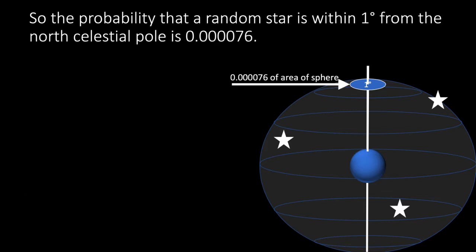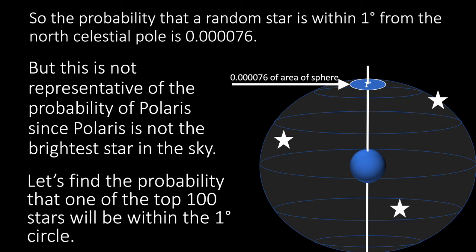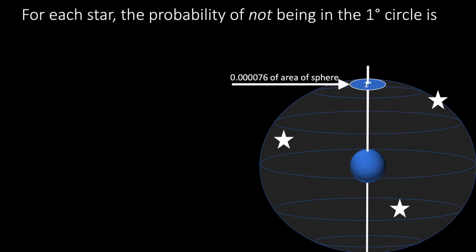So the probability that a random star is within 1 degree from the north celestial pole is 0.000076. But this is not representative of the probability of Polaris, because Polaris is not the brightest star in the sky. Let's find the probability that one of the top 100 stars will be within the 1 degree circle. For each star, the probability of not being in the 1 degree circle is 1 minus 0.000076, which is